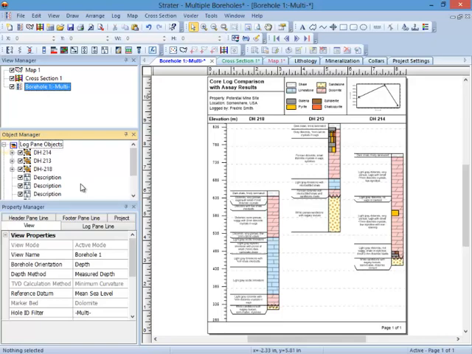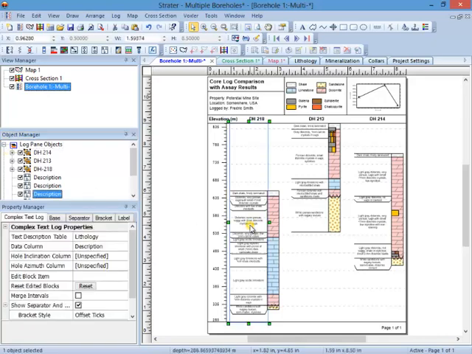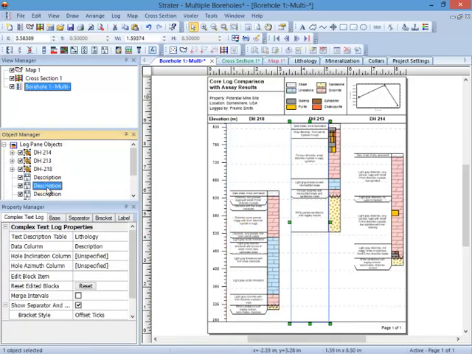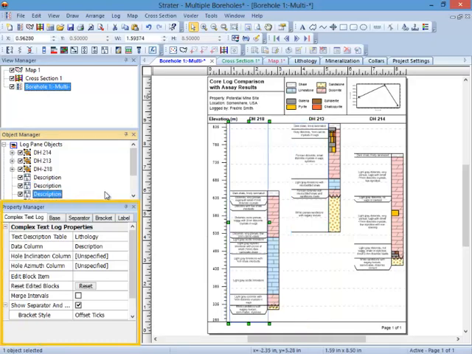To select an object, you can click on the object in the Borehole View, or you can click on the object in the Object Manager. After an object is selected, the properties for that object are shown in the Property Manager. Whenever you change one of the properties in the Property Manager, it has an immediate effect on the graphic in